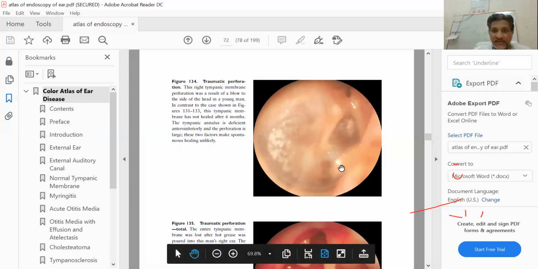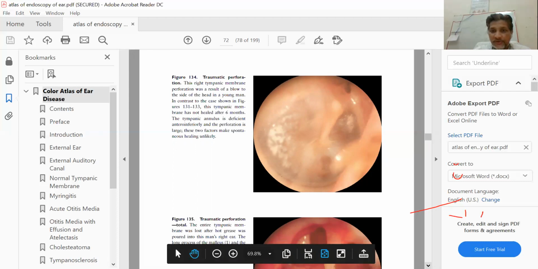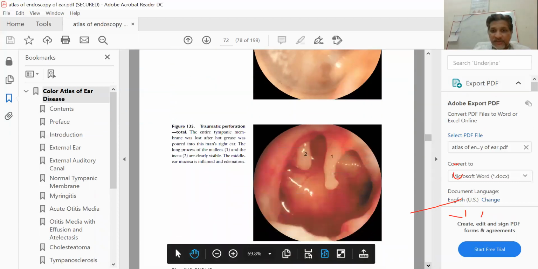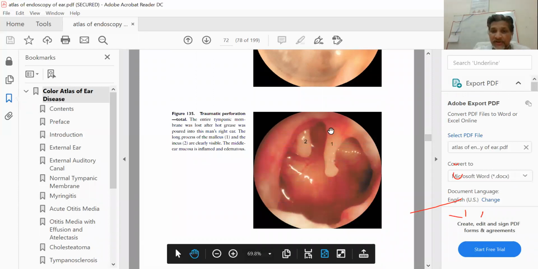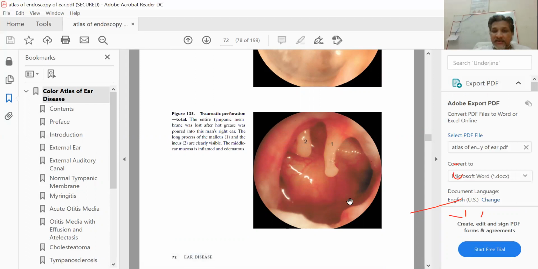So this is again a healed tympanic membrane, so we'll not go through it. This is again a large tympanic membrane perforation, and the whole of the tympanic membrane has gone, and there is a serous discharge also. You can easily appreciate the serous discharge, and one of the benefits of this large perforation is you can look through it and have a better understanding of the middle ear anatomy.